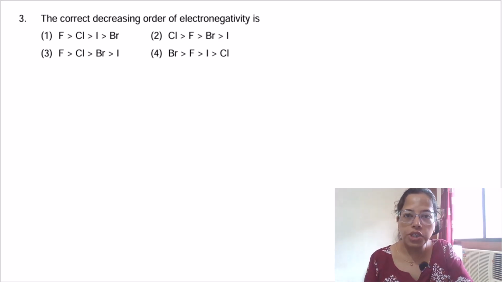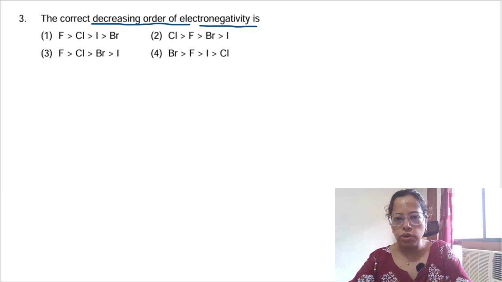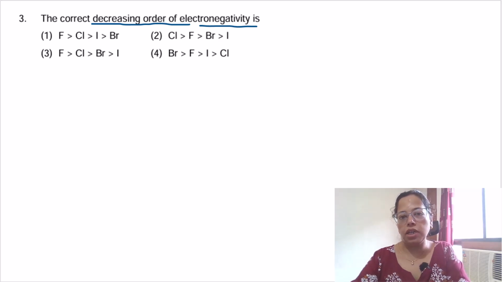Okay, so what question do we have today? You can see options 1 to 4 have halogens and we are being asked about their electronegativity order. You have read about electronegativity from grade 11-12 onwards. You know about halogens and this order of electronegativity as well. So you can very well answer this question: fluorine is greater than chlorine, chlorine is greater than bromine, and bromine is greater than iodine. That is the order of electronegativity of the halogens.